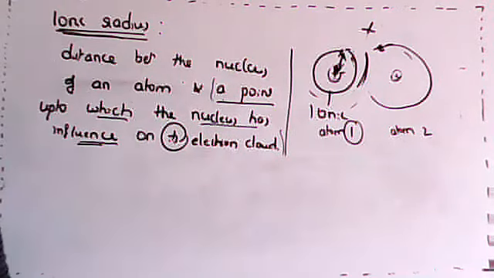It is the radius or the distance between the nucleus and the electron. To what electron? The electron on which it has an influence, not the electron which has been lost, because that belongs to another atom now. Got it? So the one who is gaining has more influence now, because it has gained the electron. That is what we call ionic radius. So after losing and gaining, we get two types of ion: one is a cation, the other one is an anion. Let's have a comparison now.